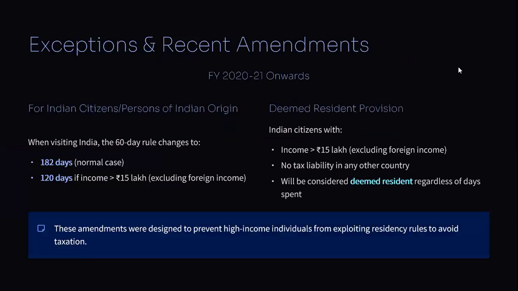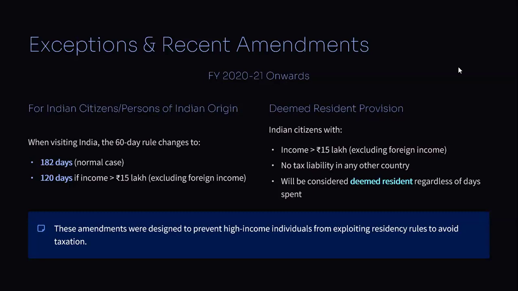Now, what is the exception to this? If a person is visiting India for 60 days, the rule changes to 182 days. This rule was amended in 2021. The previous rule was there to call someone a resident up to 2021. After that, it changed: if I have a 182 days period, and secondly, 182 days if my income is